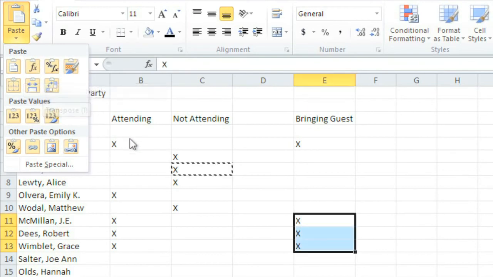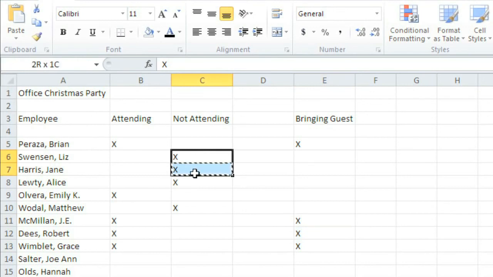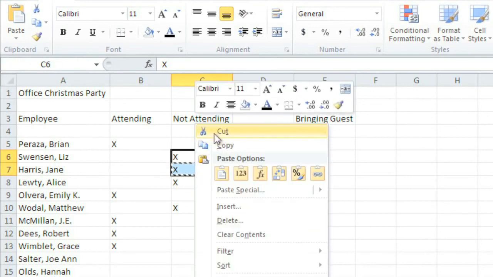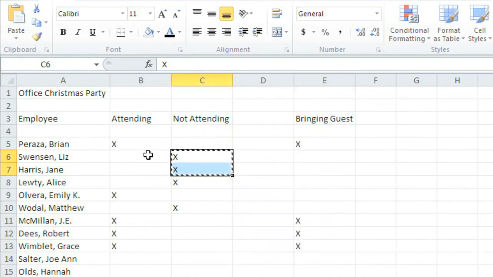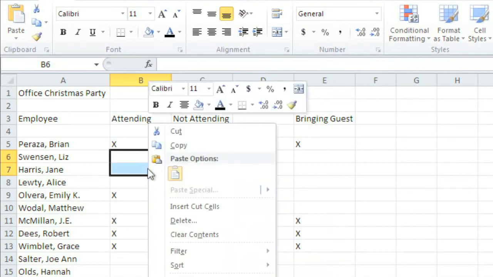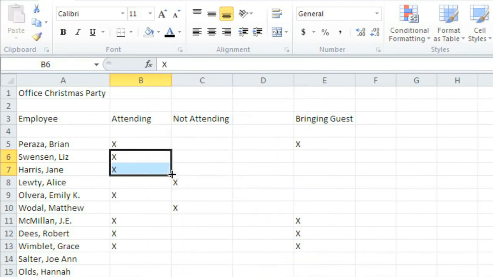For example, to cut and paste, select your cells. Now right-click, then choose Cut. The original content will disappear as soon as you paste it in the new location. There's also the drag and drop technique for moving